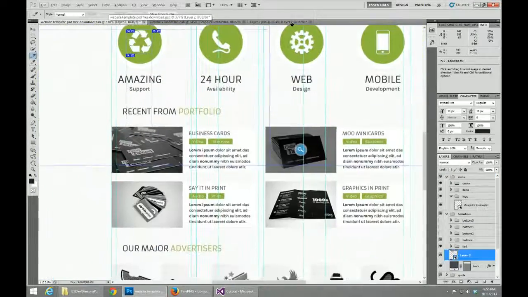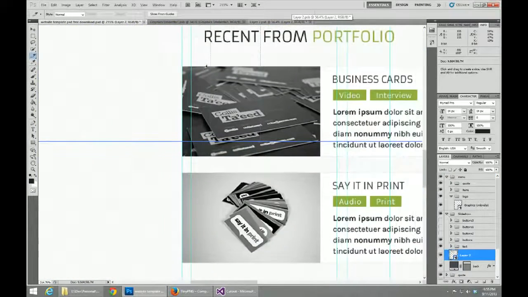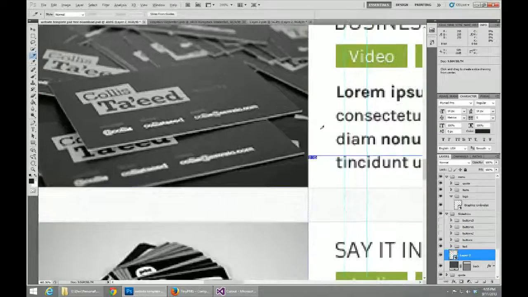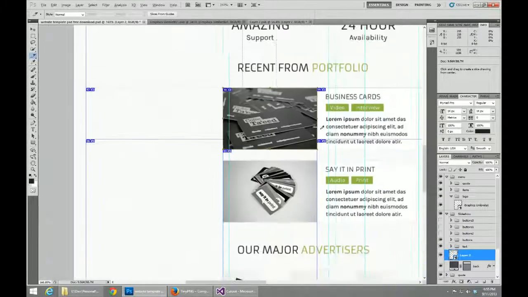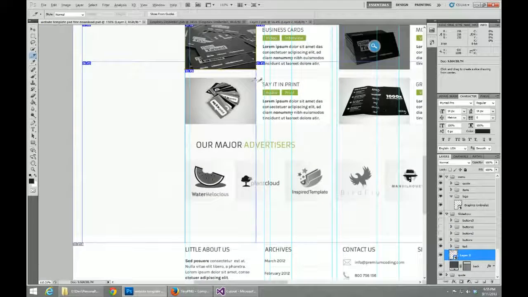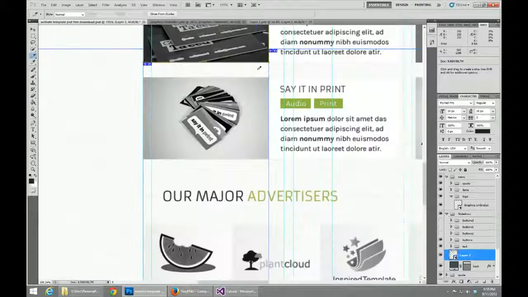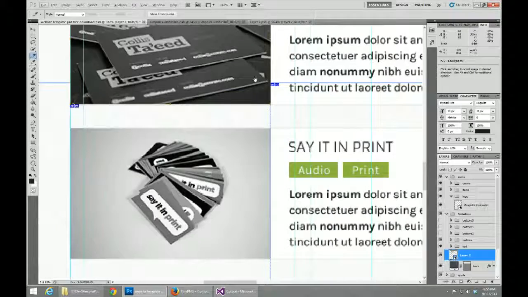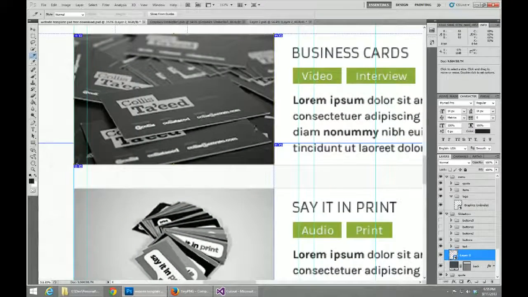Let's see here, what other? And then over here we're going to do the typical: we're going to select all 4 of these and save them. And so when you create a slice, sorry about all the chimes, it's going to give you guides